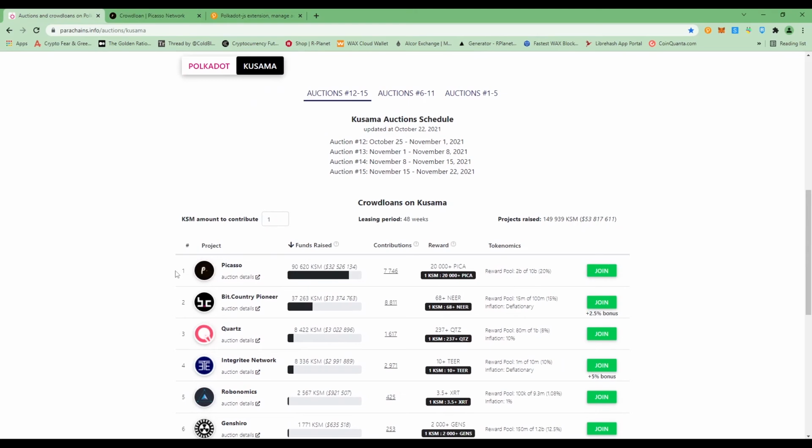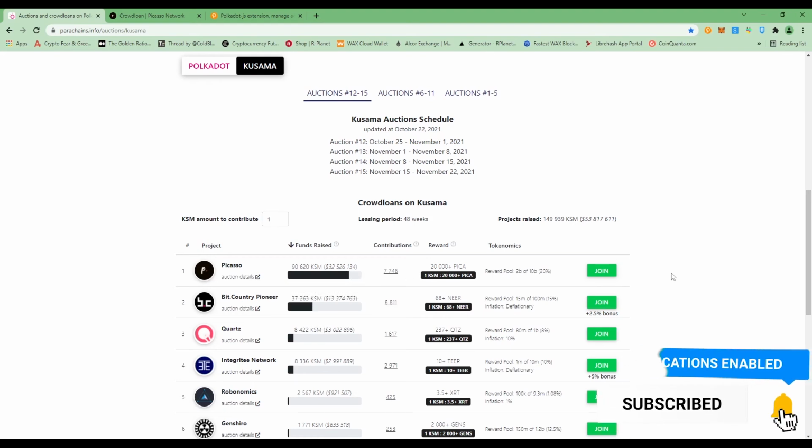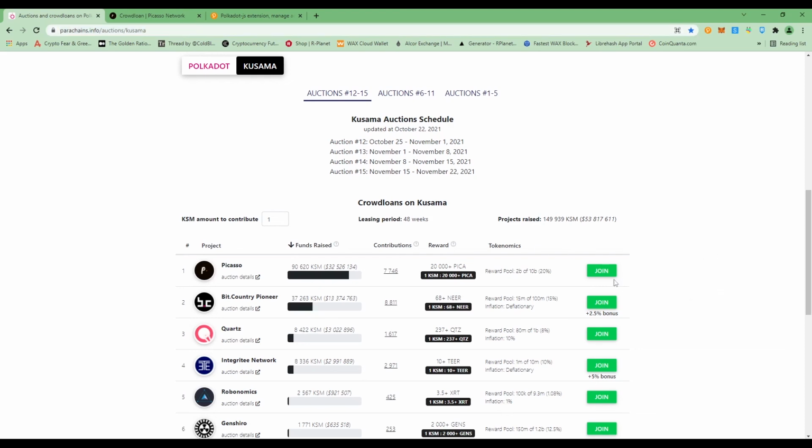So I have put my 0.1 Kusama into the crowd loan of Picasso, and if Picasso wins this parachain, which is very likely, you see this meter, right? So if it wins, my Kusama will be locked for 48 weeks, and the company will tell us how or when we will get these tokens, and that is a different process. So guys, this is it. This is how you can contribute your Kusama or Polkadot by going into this website, right? And you click on the link, and this is it. This is the easy process. You can contribute in any Polkadot or Kusama parachain from your PC by using the Polkadot JS extension.